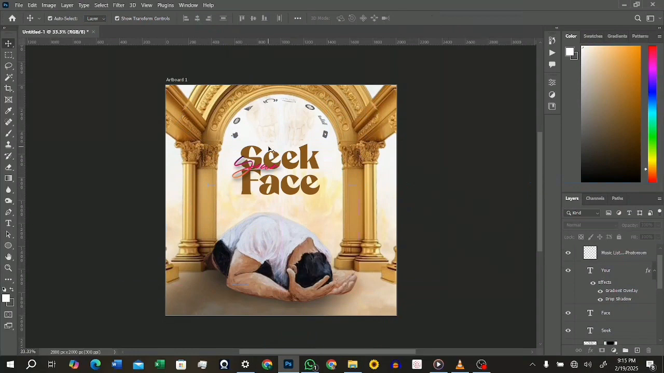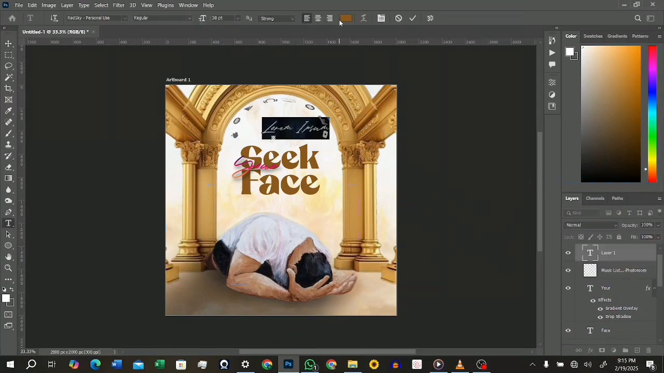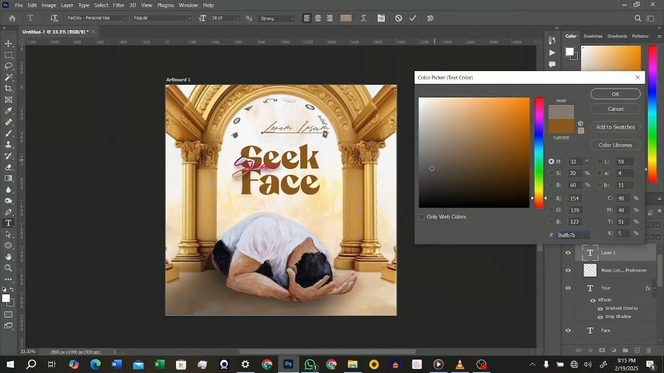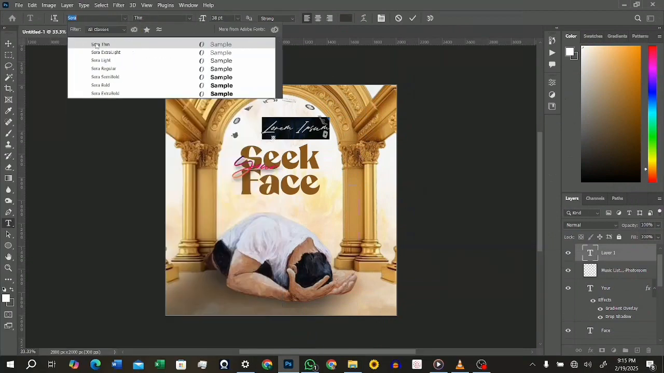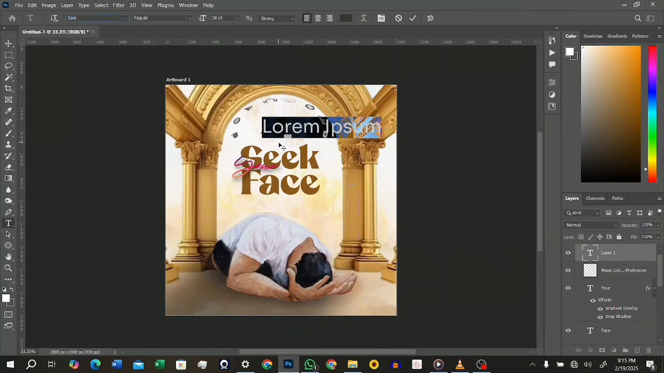So after that is done, I'm going to hit T and write the name of the producer. I'm going to change the color to a grayish black, if that makes sense. And I'm going to change the font to Sora, and choose Sora regular. I'm going to add the producer name, produced by,